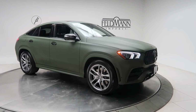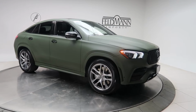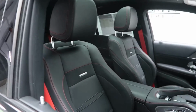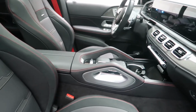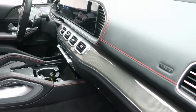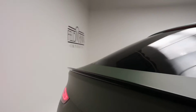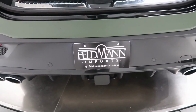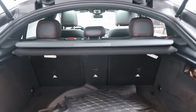This one has front and rear LED daytime running lights, 21-inch split 5-spoke AMG wheels, a black MB-Tex Dynamica with red stitching interior, metal weave trim, panorama sunroof, rear spoiler, power liftgate, trailer hitch, clean set of all-season and regular floor mats, fold down rear seats, cargo cover,